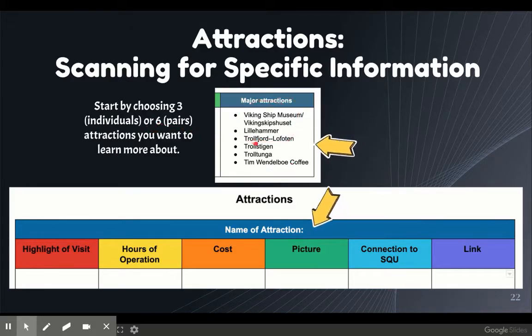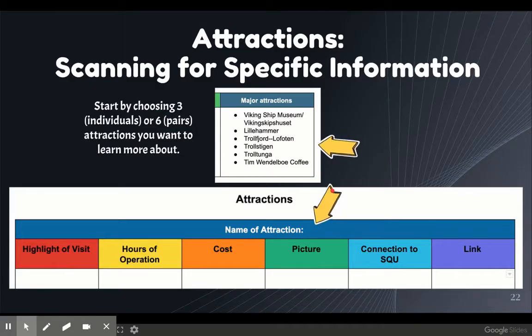I'm going to look at these attractions and pick 3 that I want to learn more about or that I think would be good to include in my presentation. If you didn't find a lot of good information about these in your original articles, you might want to do a quick Google search to see which attractions you would like to include. Or you can remember from your initial research the ones that came up a lot or looked the most